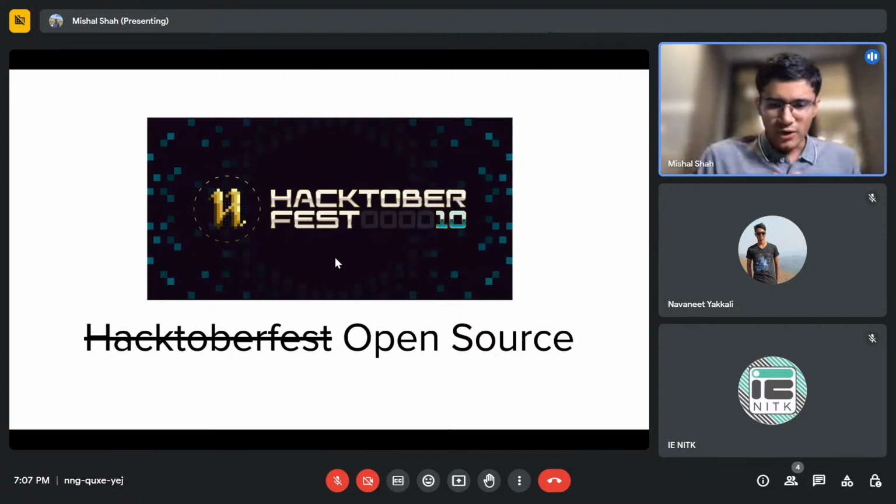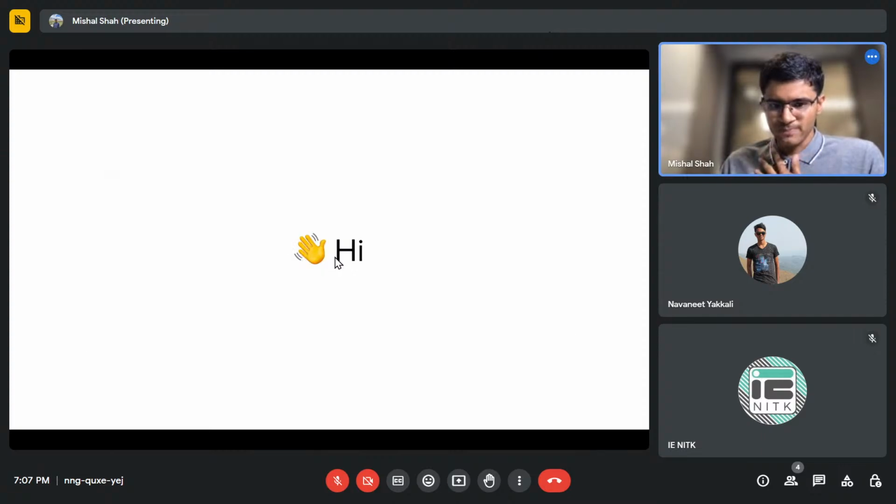I know it's Hacktober season. October is Hacktober season, so a lot of the motivation to contribute to open source comes from Hacktober. But here, I'm not going into more details of Hacktober. Instead, we'll be focusing more on the open source part of it. I think Hacktober is a great concept to get people on board with open source, a good starting point. But we'll talk more about open source here.